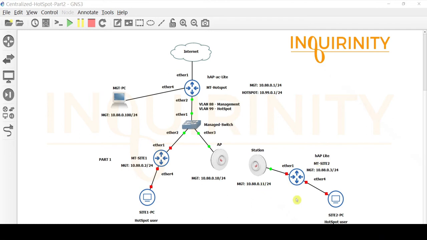And finally, the MikroTik Hoplite site router will be 10.88.0.3 and also should be reachable or even manageable by this management PC on the same management VLAN network. So meaning to say, the GNS3 here is just used for topology or illustration purposes only, as we are making use of physical